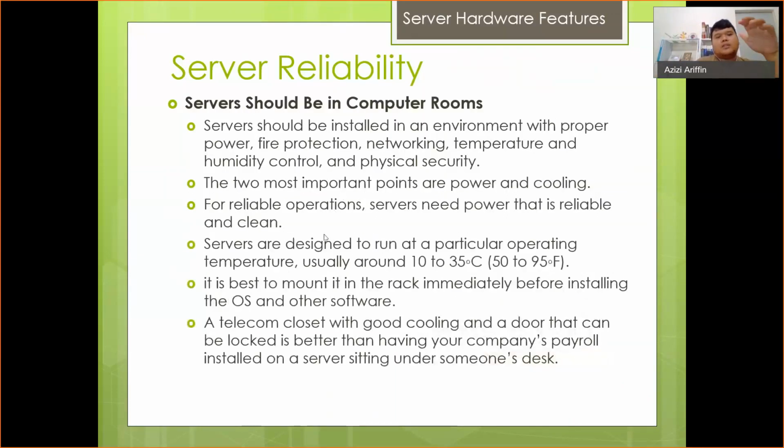So the most important thing, servers should be stored in a computer room in the data center where the environment is being controlled. Don't put your server under your work desk or under your cardboard or something, because a server should have good reliability. So in order to ensure good reliability and security, we need to install it in a computer room or in the data center. Where in the computer room, the temperature is being regulated around 10 to 35 degrees Celsius, and